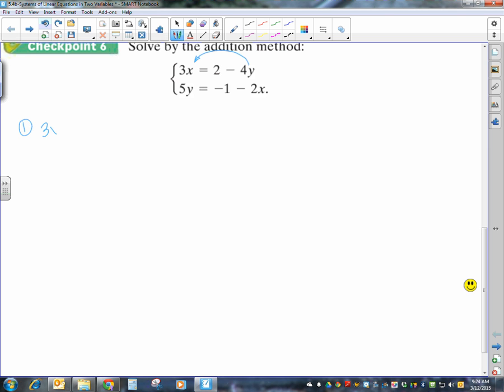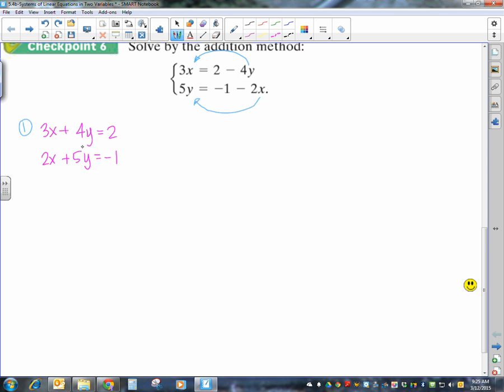That is 3x plus 4y equals 2. And I'm going to bring this 2x over here. So that's going to make that plus, because when you move it to the other side, you change the sign. So that's a positive 2x plus 5y equals -1. So that's the first step, rewriting it. Okay, the second step,